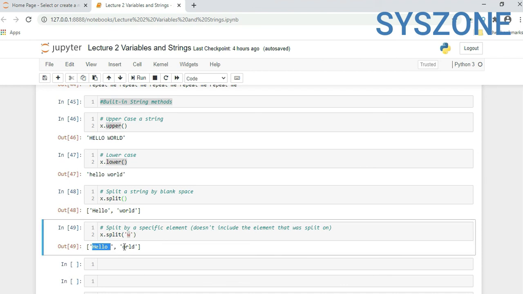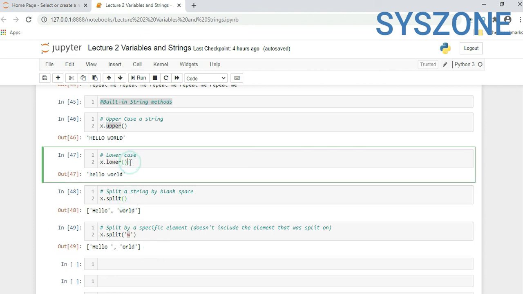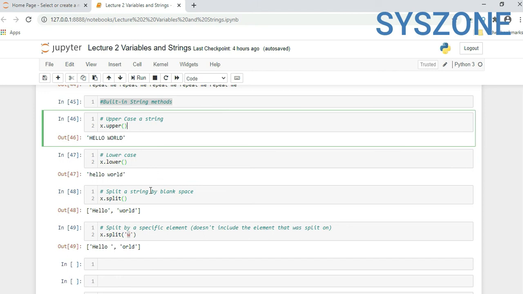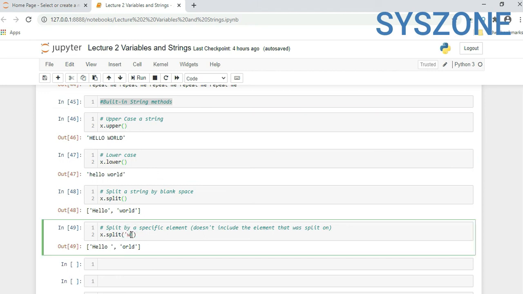From the second item, this is the value. So in the split function, if you are not providing any parameter from where it should split, by default it takes a space, and where it finds any space in a string, it will split. If you are providing any letter, then it will split from where this character is found in a string.